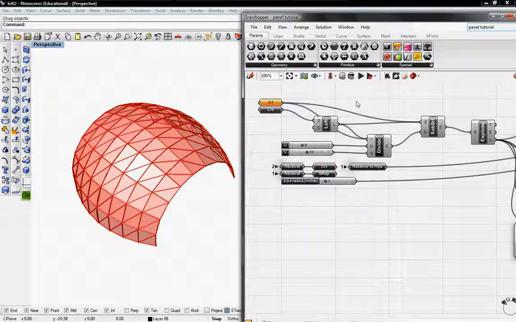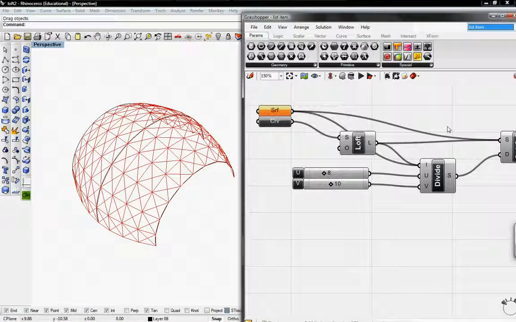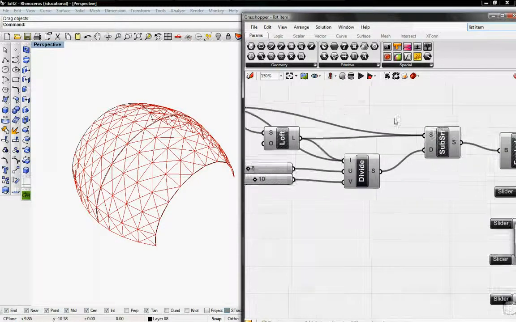Welcome to Digital Toolbox. Today we're going to panelize our surface, and we're going to use the list item tutorial definition as our base definition. So pull that out, and if you guys haven't done it, just go back to the tutorial and do the